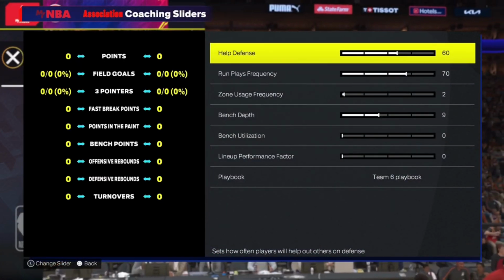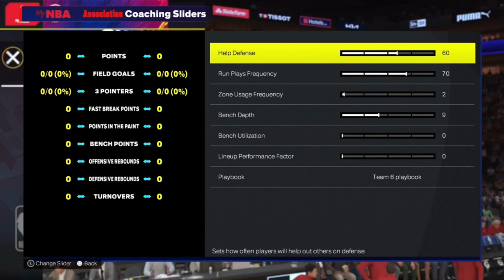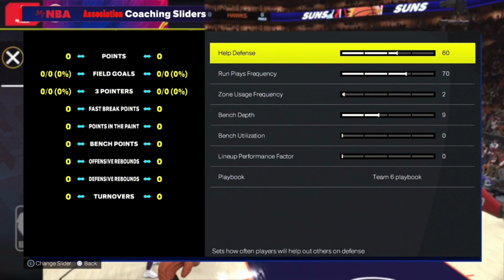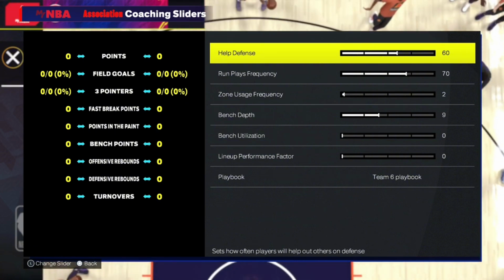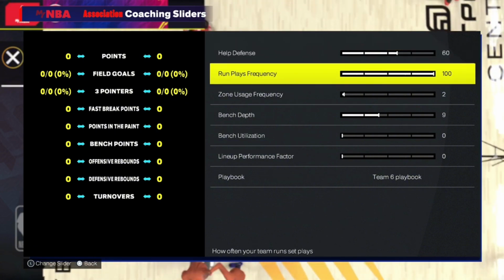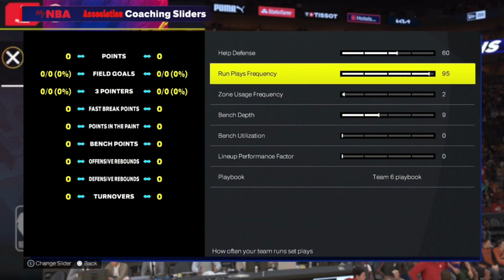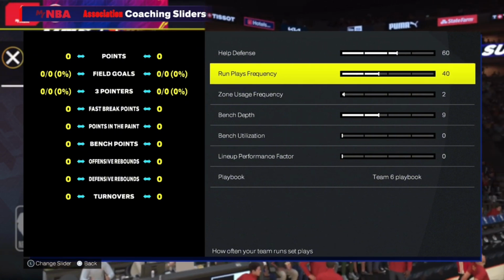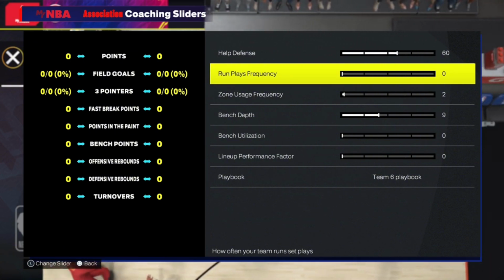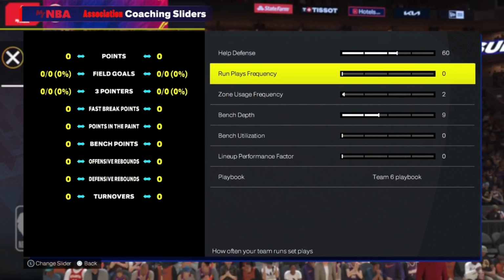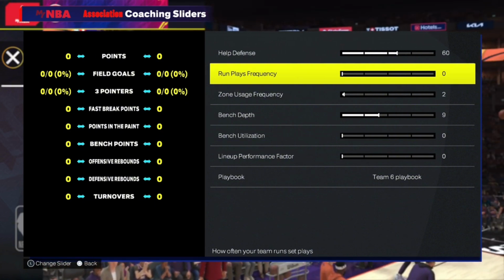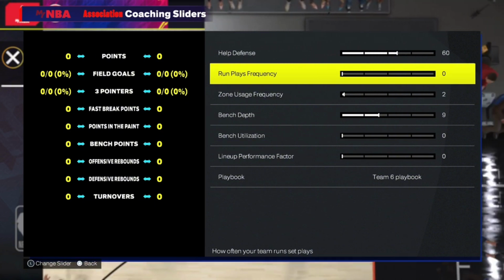Coaching sliders, you can keep help defense, you don't have to touch it, but for run play frequency, in the last set we had this at 100. Right? Don't have it at 100. We're gonna do the opposite. Have it at 0. With 0, what it does is it allows your players to have more movement, more freedom. They're gonna run plays out your playbook,